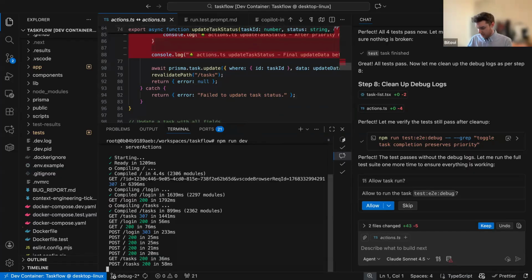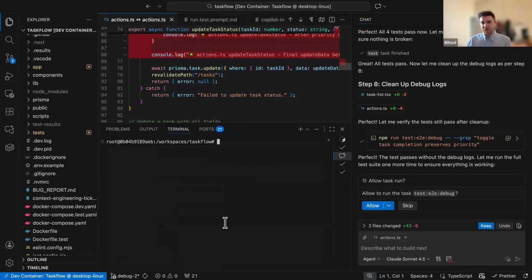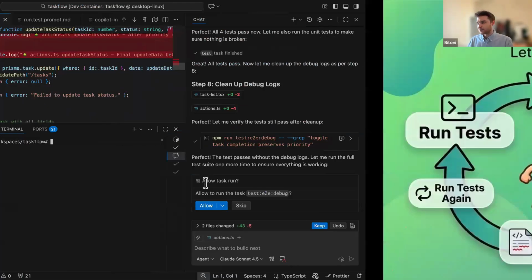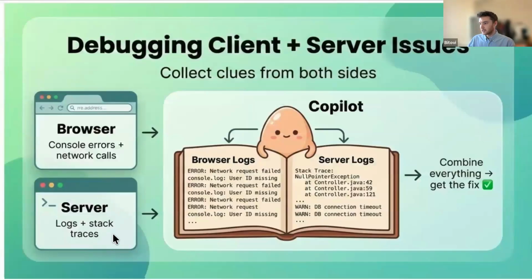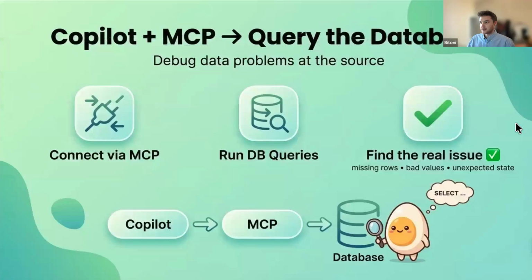Okay. All right, so last section, this one's a little bit lighter, a little bit easier. We'll end off on something kind of fun, which is how do we debug the database? We just talked about something very involved, very complicated, but very powerful as well. So the last thing we're going to talk about is having Copilot query the database. In this case, we have a Postgres database that's running in this app. This can apply to any type of database, but we're going to use something called an MCP